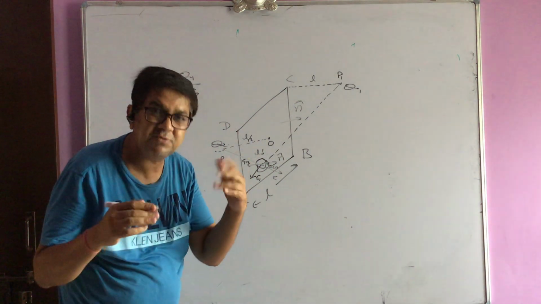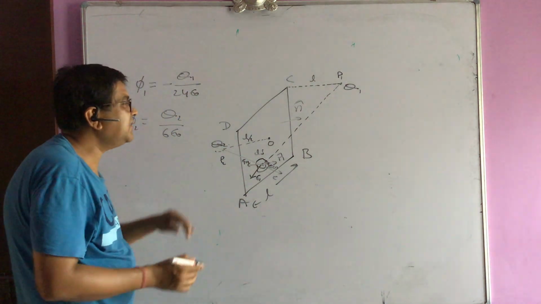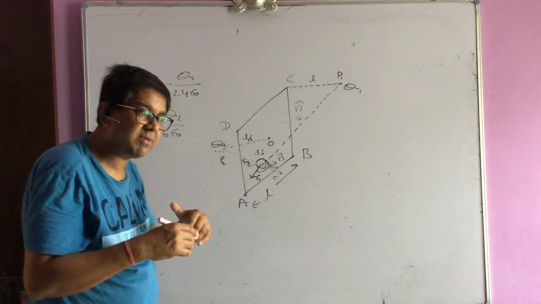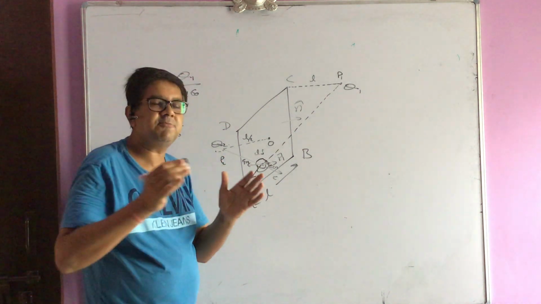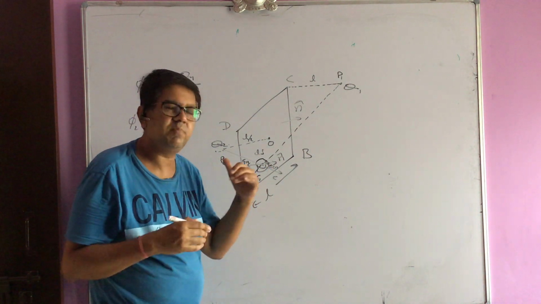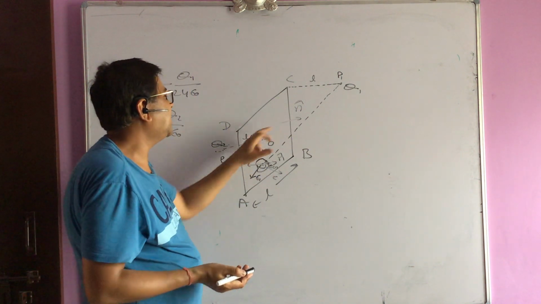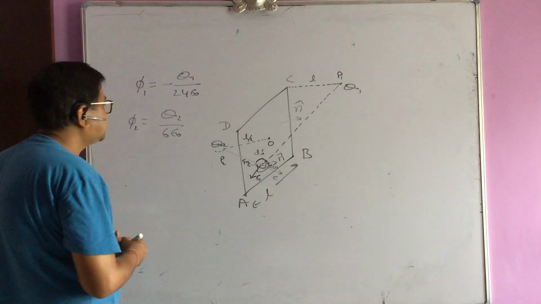But one of them was to be taken positive, so I have taken this area vector as positive. So it is coming like this. And with this same selection, because I cannot change my own selection for different point charges, whatever direction selection I adopt is the same in case of all the point charges. So now with this selection of area vector, if I ask you what is the flux due to Q2,